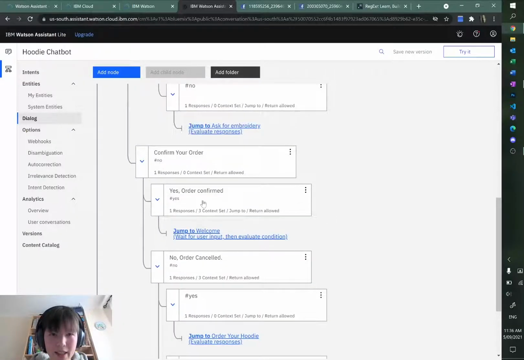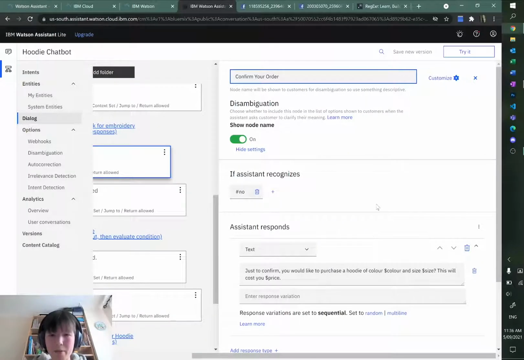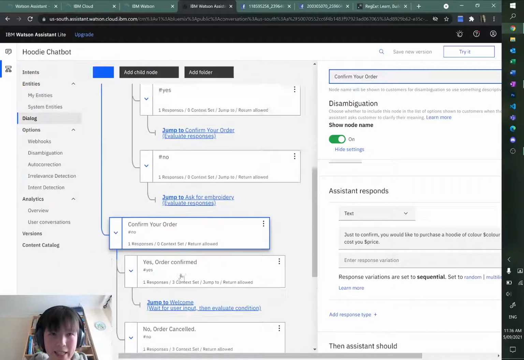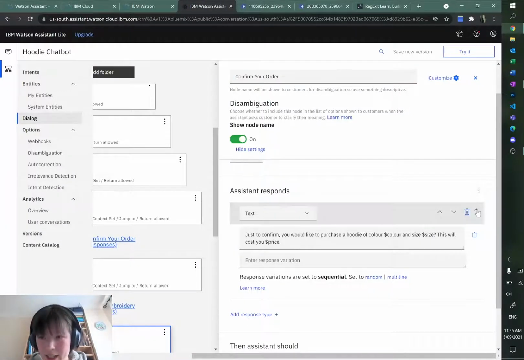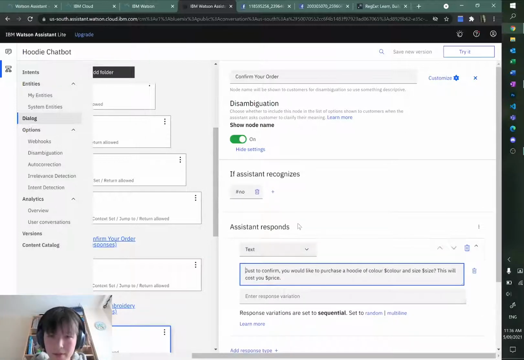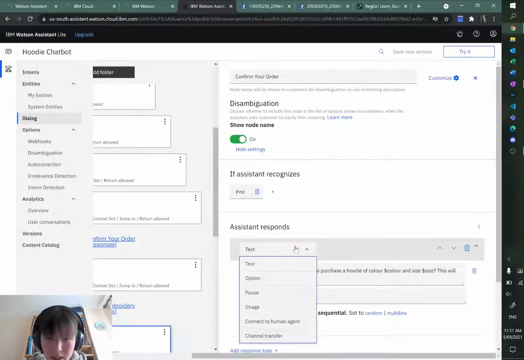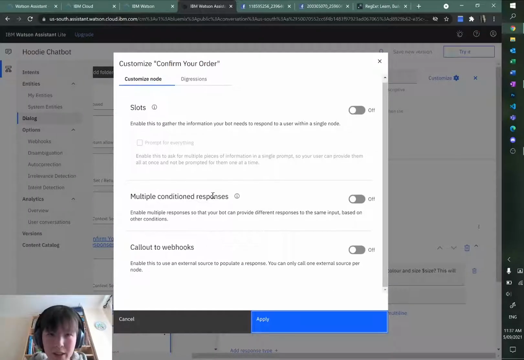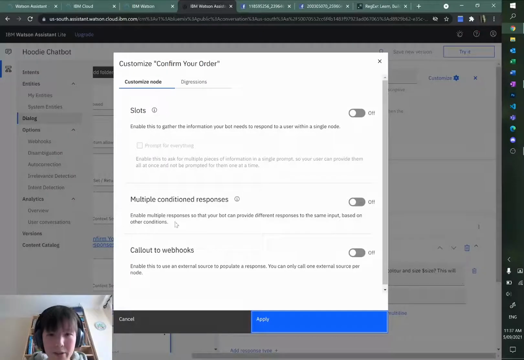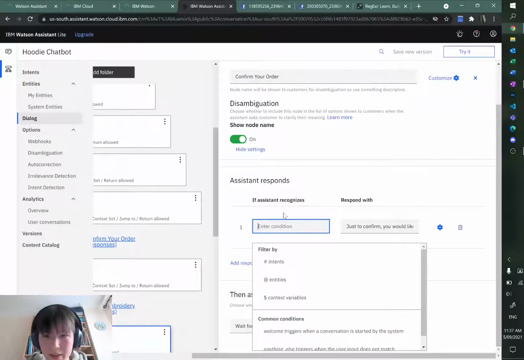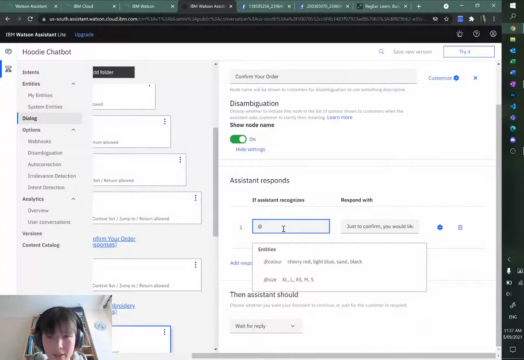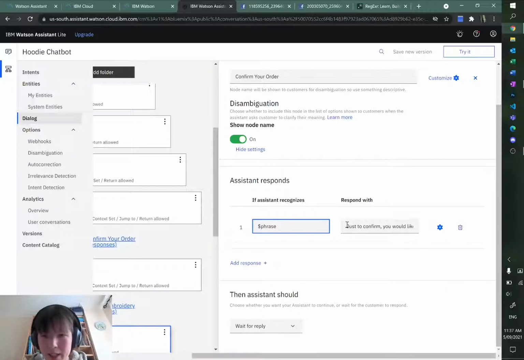A final touch we can add is at this point where we confirm our hoodie, we could potentially add extra text that will, if the user has entered a custom phrase, print the custom phrase here, but only in that case. How to do that? Confirm your order. So you'll have to go to customize once again. Multiple conditioned responses. You'll need to toggle this on and apply it. Yep. So we can check whether or not the assistant recognizes the entity, not the entity, the context variable phrase. If it's equal to anything other than null, then we will print